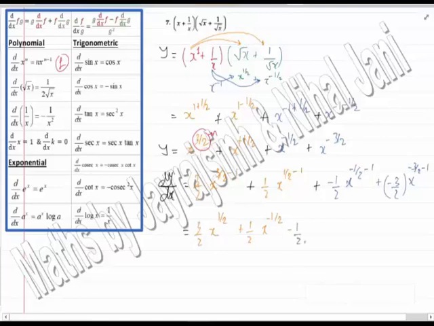Then minus 1 by 2 will as it is, x raised to minus 3 by 2, and finally minus 3 by 2 as it is, x raised to minus 5 by 2. Ta-da! You can consider this as a final answer. You can simplify if you want. Okay,